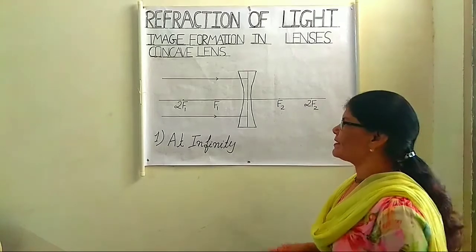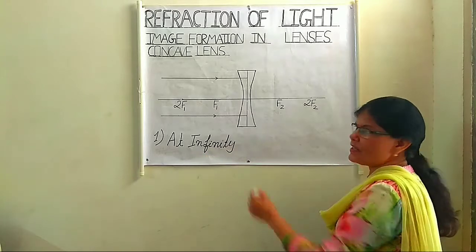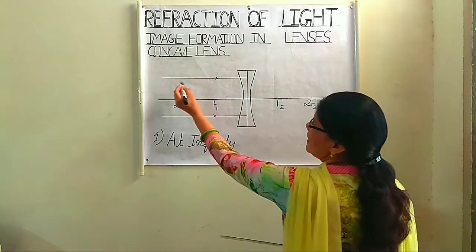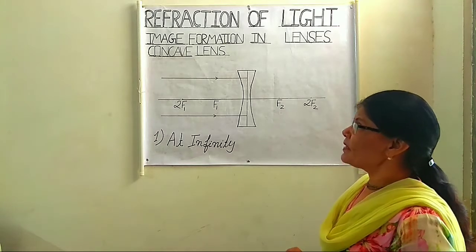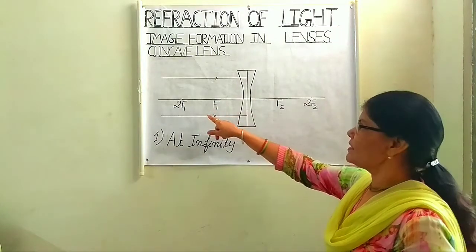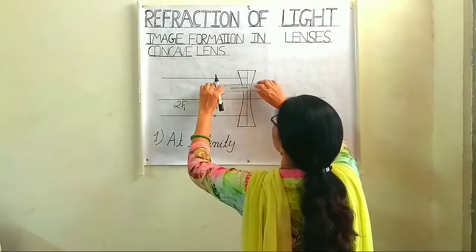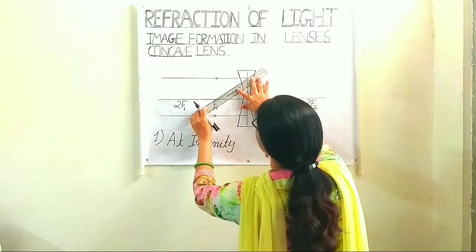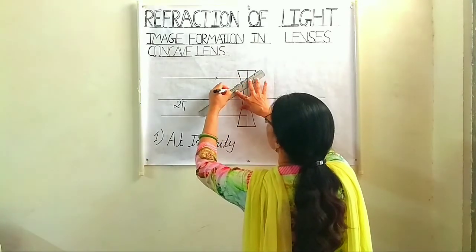So here the source is at infinity, and a parallel beam of light is coming from infinity. So this is a parallel incident ray. This is also a parallel incident ray. As we know, in the case of concave lens as well as in concave mirror, our focus is on this side. It is on the left side. So when the parallel beam of light comes, the refracted ray will pass through the principal focus. But as it is on this side, we have to use dotted lines here. So this is the refracted ray and we have to use a dotted line on this side.